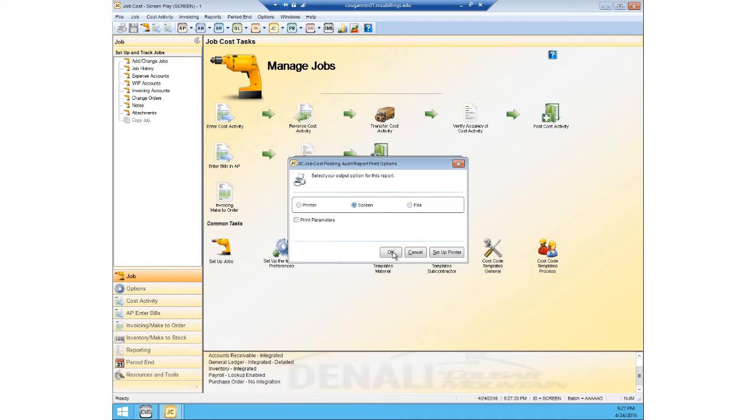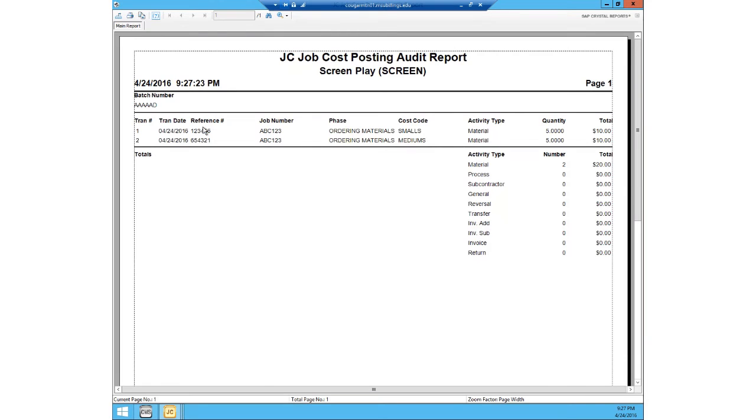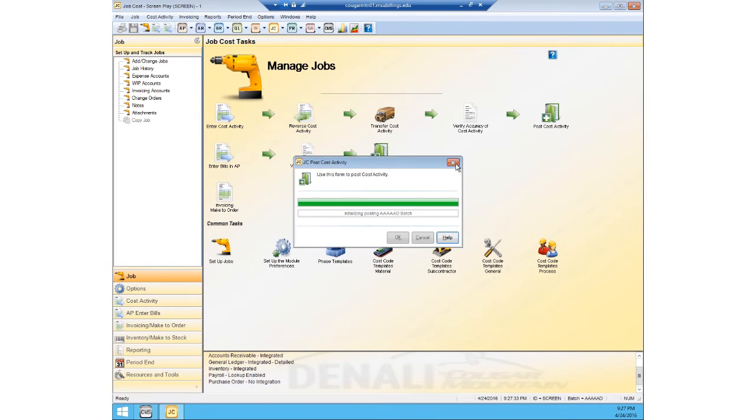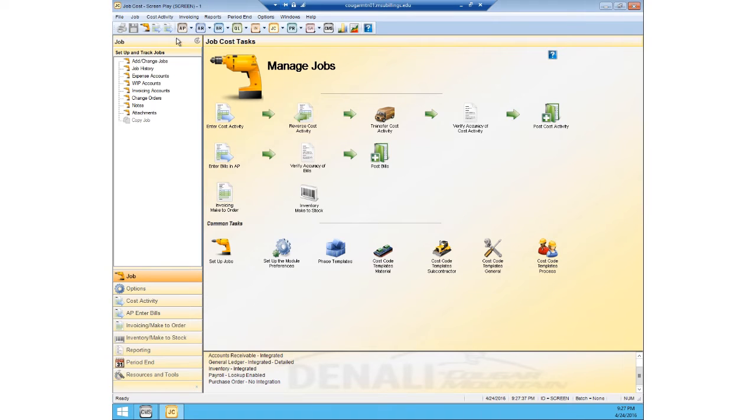Alright. We can look at the posting report and reference number, job number, everything you need. So, looks good. Close out of that. Close, close, close. Alright. So if we went to go look at our job again,